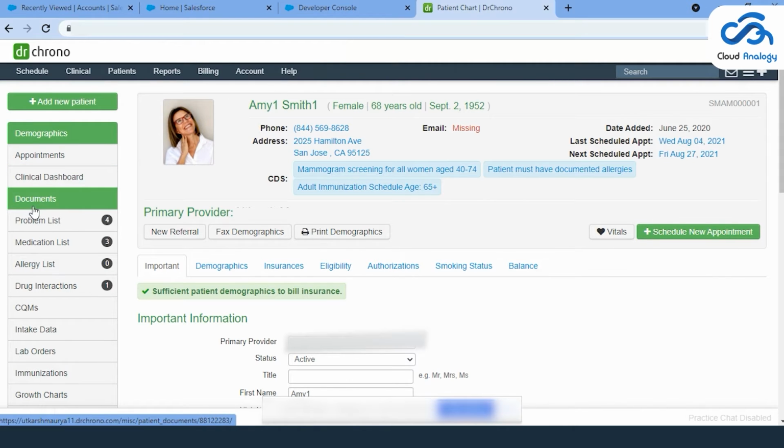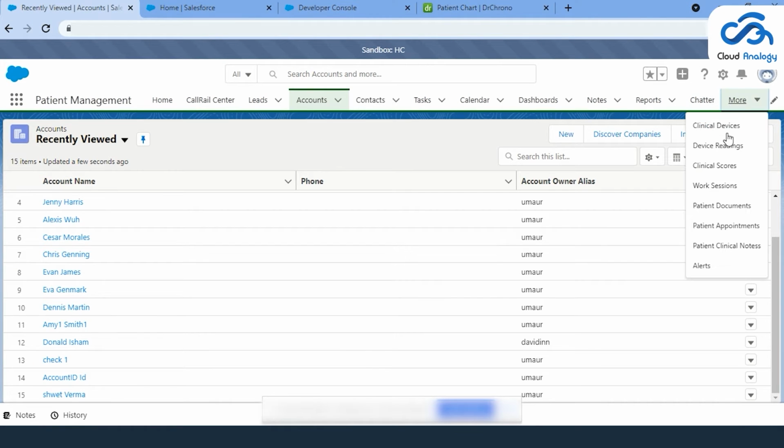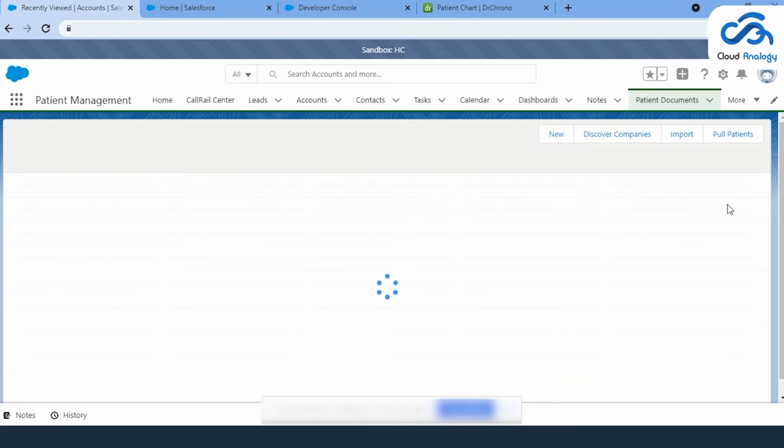You can also see there are many changes in other sections, such as documents and clinical notes. We have done two-way sync with appointments and fetch documents with clinical notes. For documents and clinical notes, we have created separate objects. You can see it here.